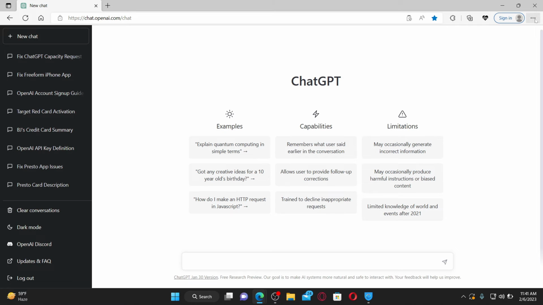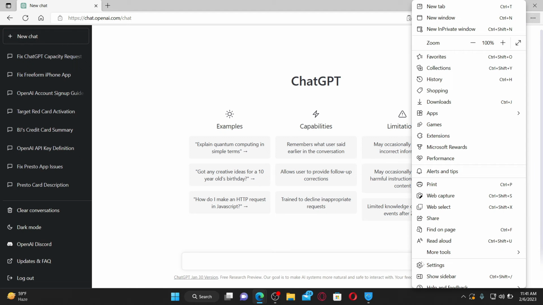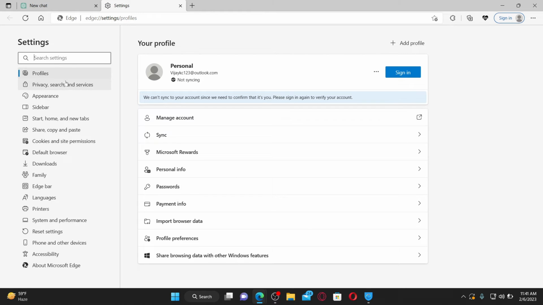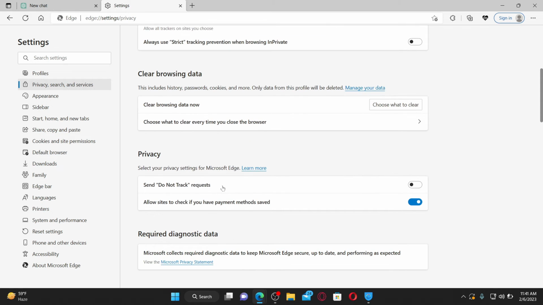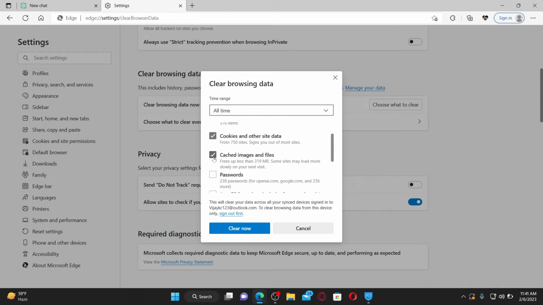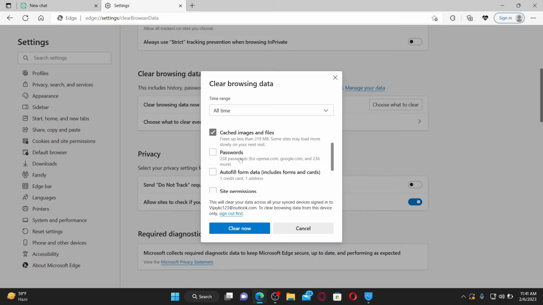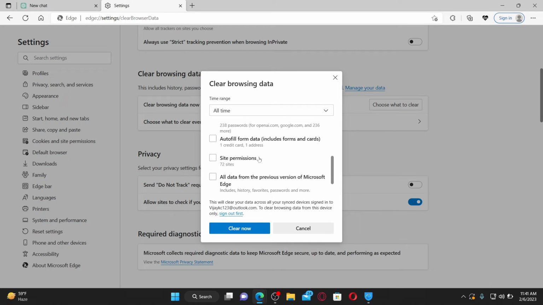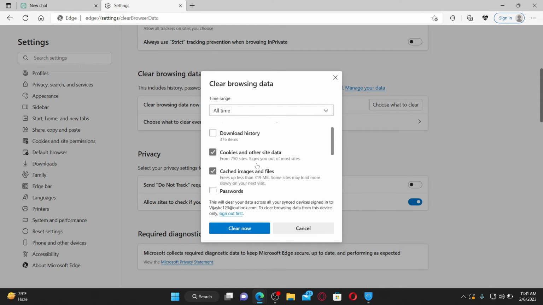Go and click on the three dots at the top right of your browser and click the settings button in the pop-up. Click on the privacy, search and services tab on the left-hand side. Scroll down to clear browsing data and click on choose what to clear. Make sure to select the cookies and other site data and the cached images and files options in the boxes. Remember that you should not check any other boxes right here,